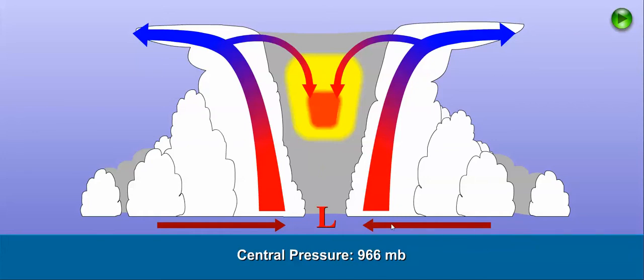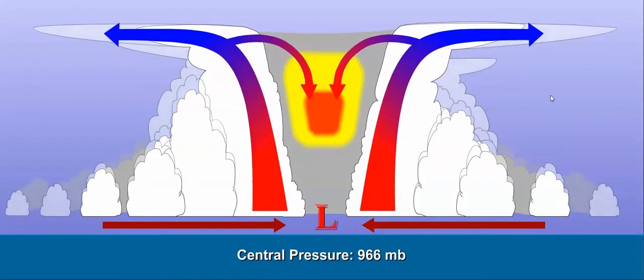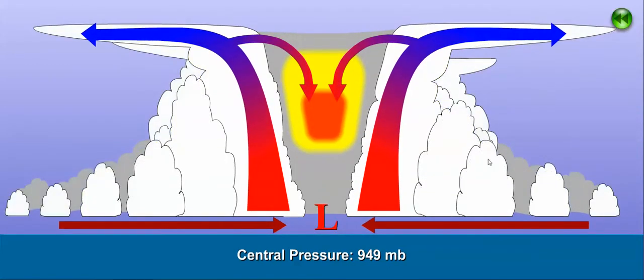Faster moving air over the warm ocean water increases evaporation rates, which fuels more intense thunderstorms in the eye wall. More air then flows outward at the top of the storm, creating stronger upper-level divergence, while sinking air in the eye increases too, causing surface pressure to decline even more. Our example hurricane here now has a central pressure that has dropped to 949 millibars, and we have a really